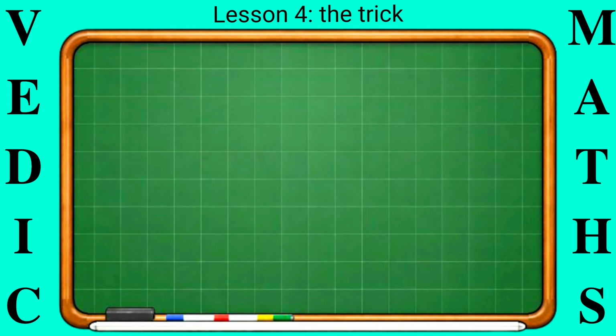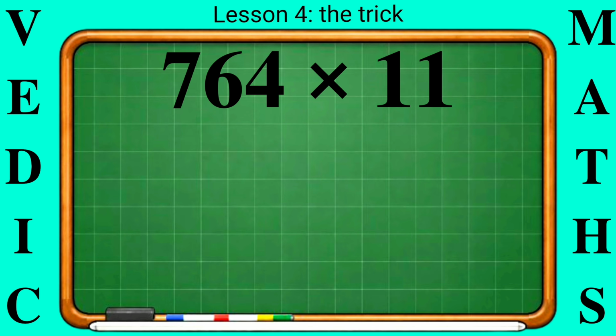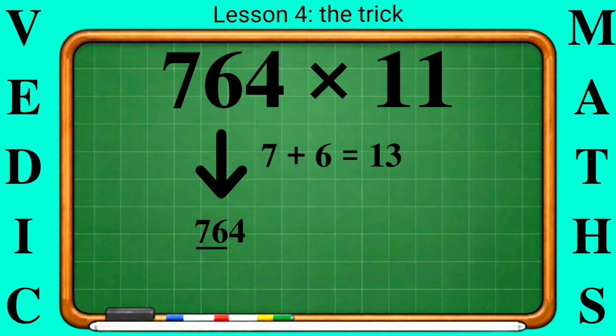Now we will try another exercise. So 764 times 11. Now let's add 7 and 6, and 6 and 4. So we get 13 and 10 respectively. Now let's put them in the middle. So here also we have a problem. Here we will try to carry again. So done. The answer is